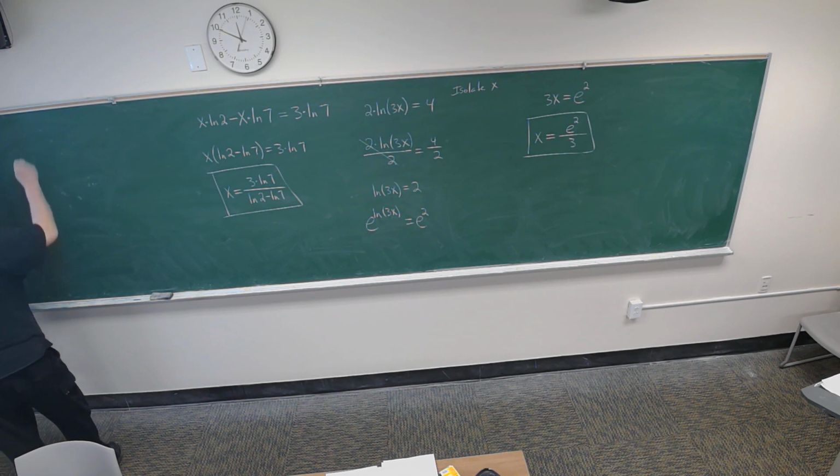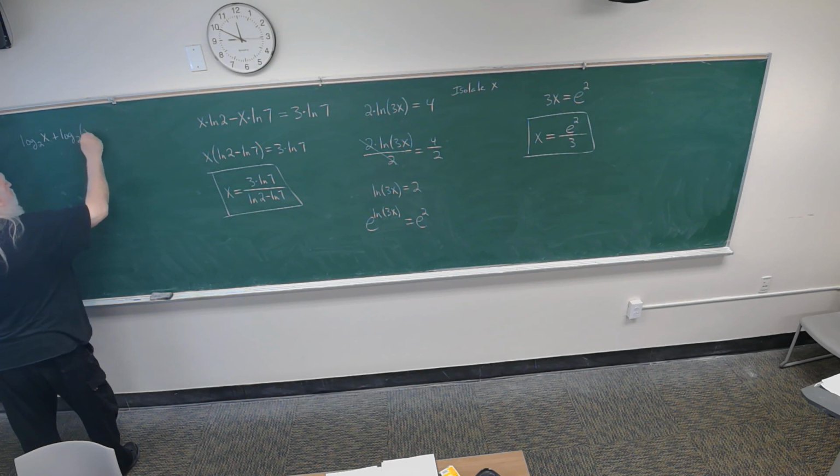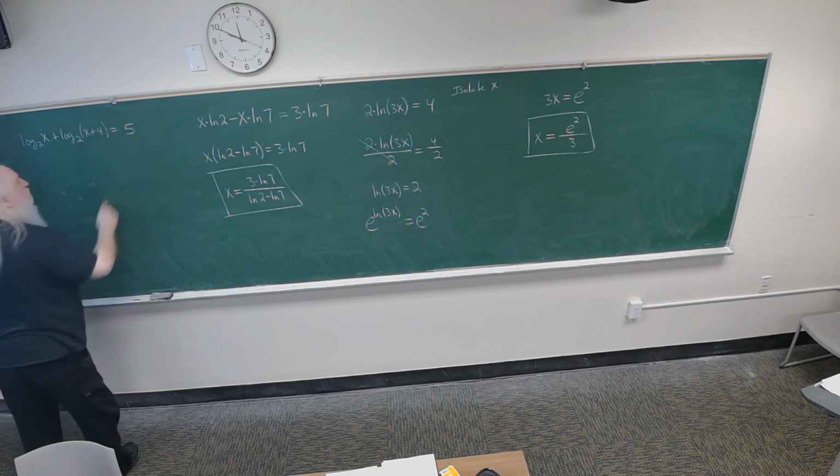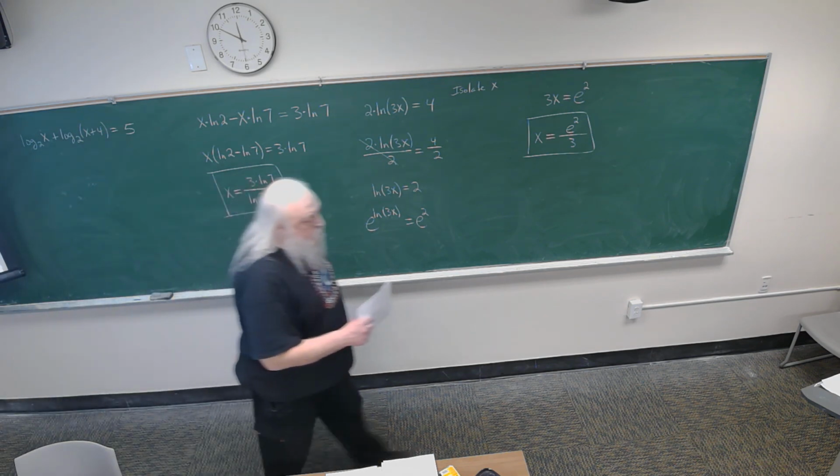So we have log base 2 of x plus log base 2 of x plus 4 is equal to 5. So we've got to find the value or values of x that make the left-hand side equal to 5. Okay? Now,